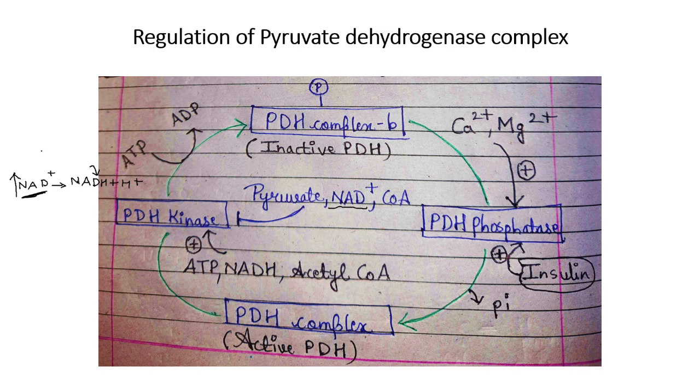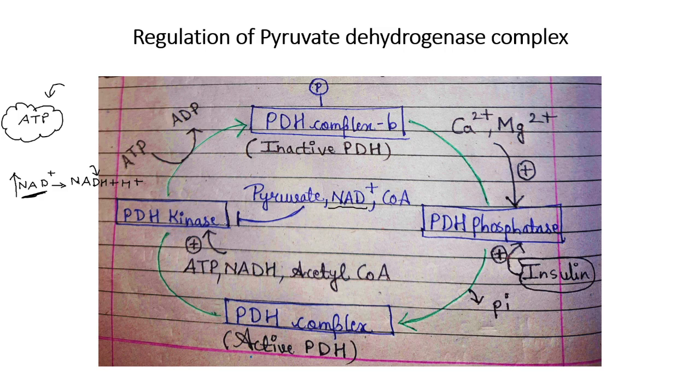So in this situation, we need ATP. For this, pyruvate oxidation should occur, because when pyruvate oxidation occurs, pyruvate will get converted into acetyl coenzyme A. Acetyl coenzyme A will enter the Krebs cycle and produce more ATP, which is what we want. So NAD plus will inhibit PDH kinase,